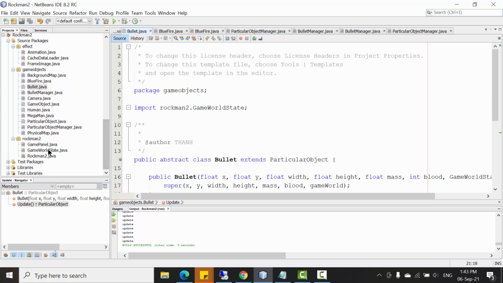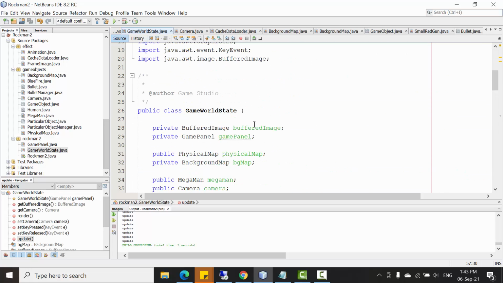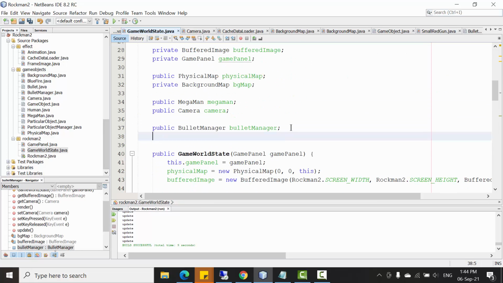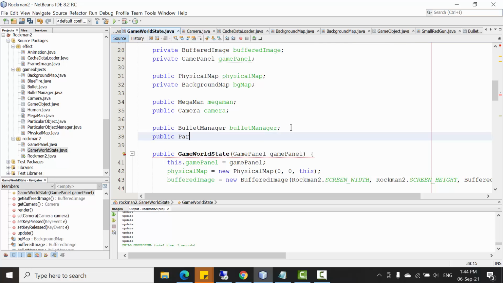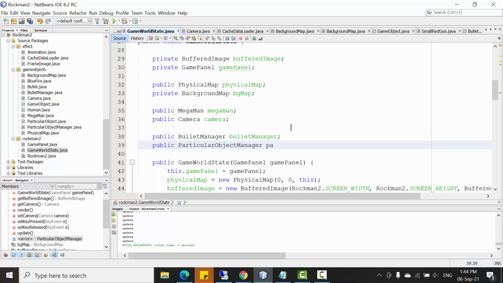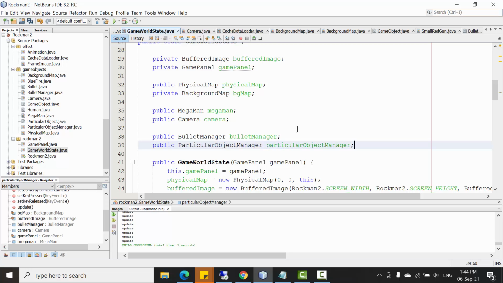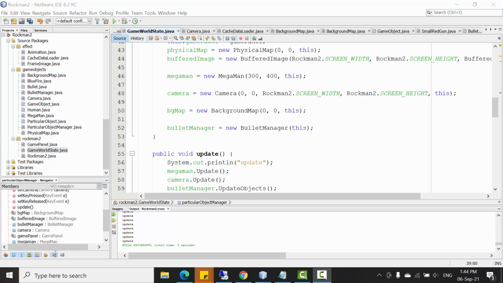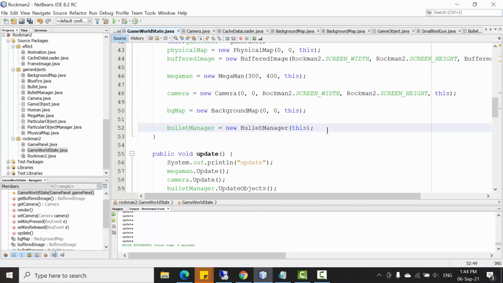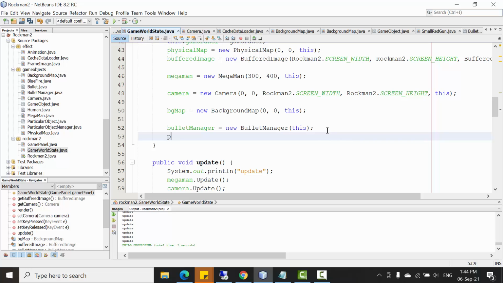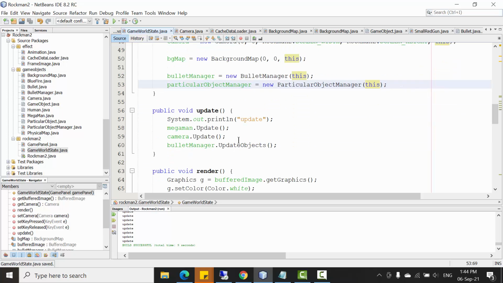So just go back to the game world state and create another public particular object manager, and go here, create a new instance of the particular object manager, and put this. And in the update,